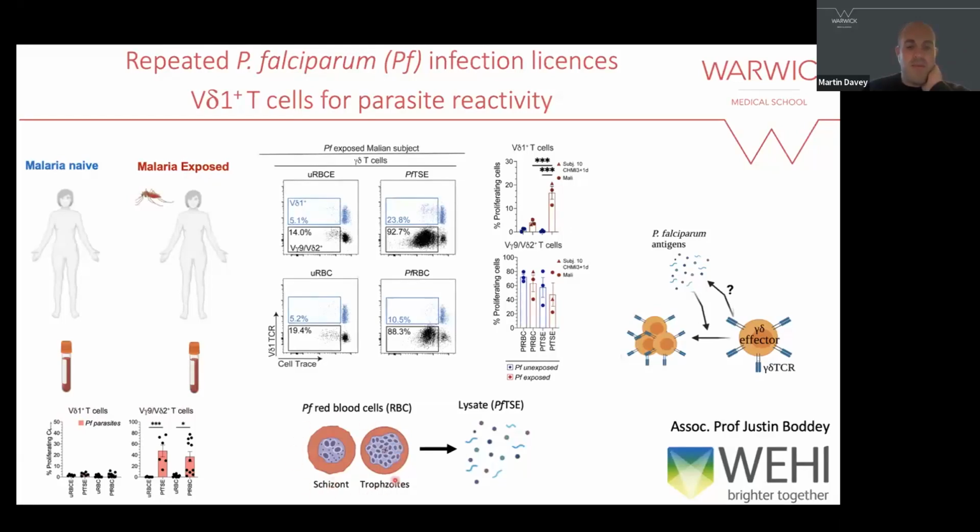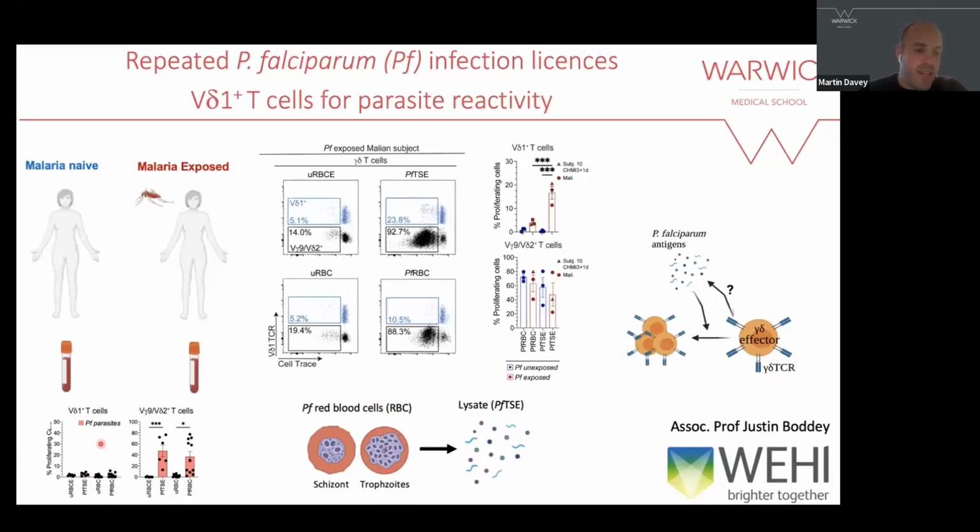And so the material we used here was Plasmodium falciparum infected red blood cells, and we also developed lysates. So we took a leaf out of Maggie Feeney's book, and we generated some lysates from these red blood cells and the control lysates. So just to explain the name, the lysate would have been this PF schizont trophozoite extract. And then you'd have red blood cells uninfected, so it would be URBCs, and then you'd have PF RBCs, which would be the Plasmodium ones.